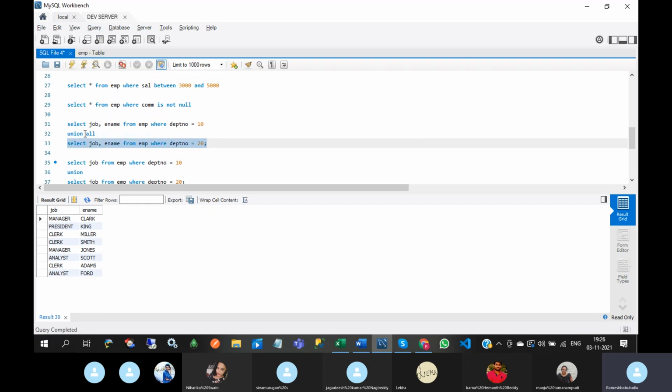Here first rule is the column names order must be same. Okay. If you give here ename and here job, then what will happen? Observe this.